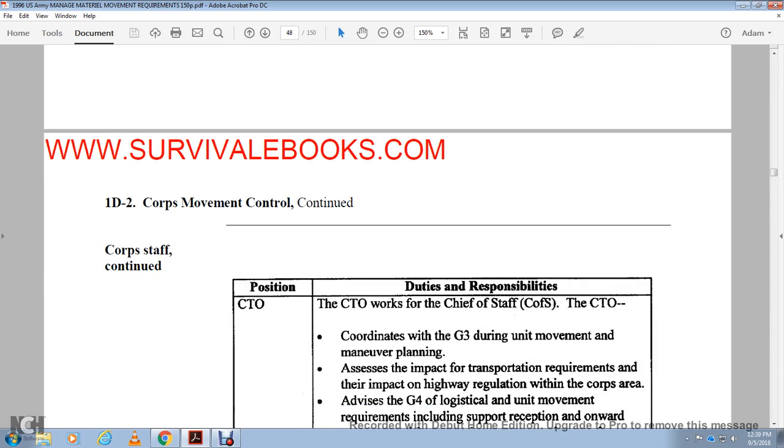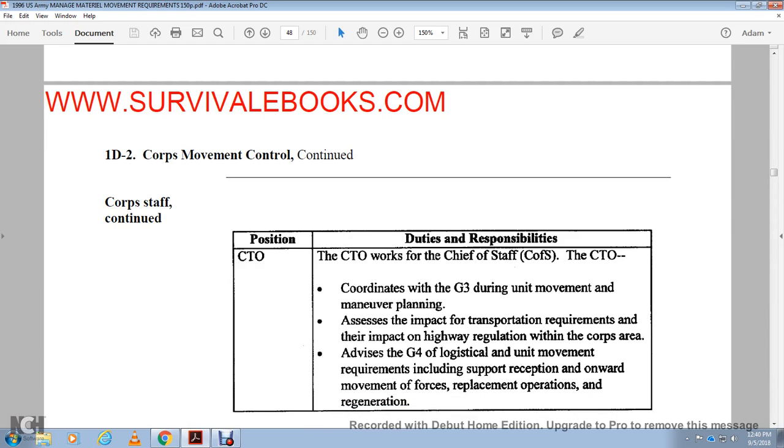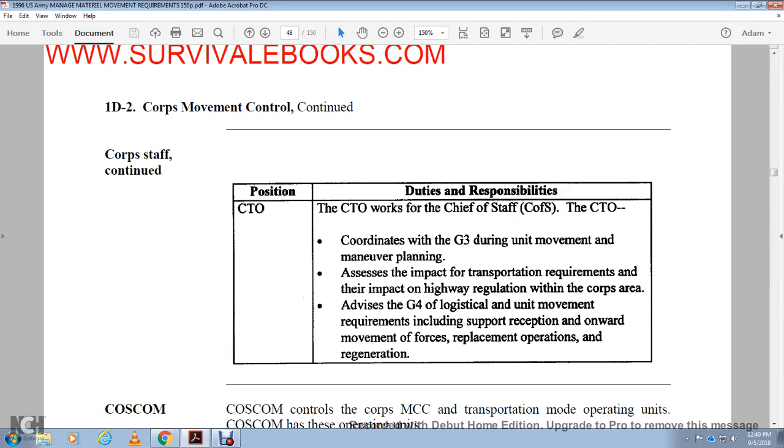Your corps staff. The corps transportation officer works for the chief of staff. The corps transportation officer coordinates with the G3 during the movement and maneuvering plan on the impact on transportation requirements and the impact on highway regulation in the corps area. The G4 logistical unit movement requirements will include support, reception, and onward movement of the force, replacement operations,